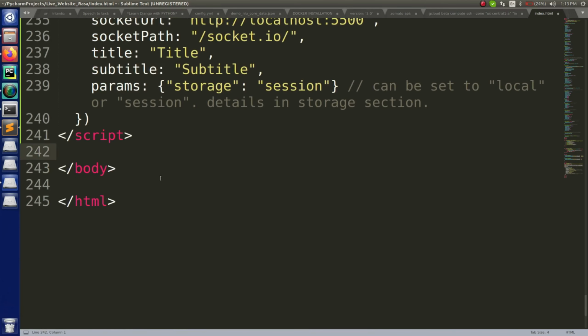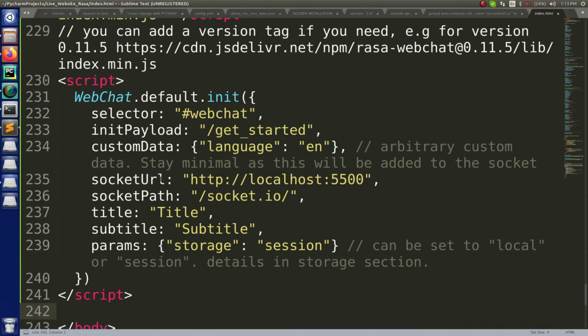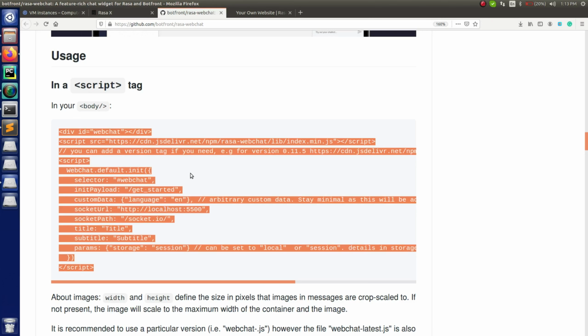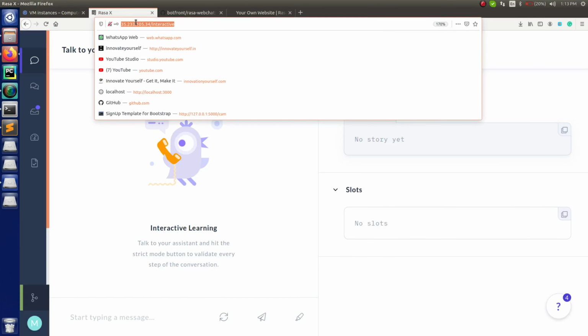So this is what I have done, and in here you have to make some changes, and those changes are going to be here, and here. So socket URL is the URL on which your Rasa chatbot is live, and my Rasa chatbot is live on some IP address, on some domain name. It can be on domain name, it can be on IP address. Right now I'm having it on an IP address, so I will just copy that part. But if in case you already have some website with you on which your Rasa chatbot is live, you can directly enter that domain name over here, right? So in my case, I don't have the website, but yeah, I have this.